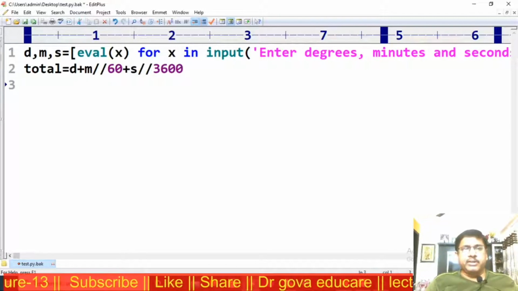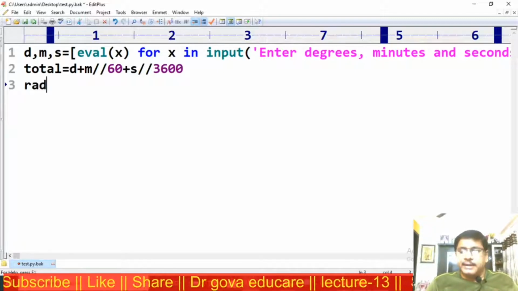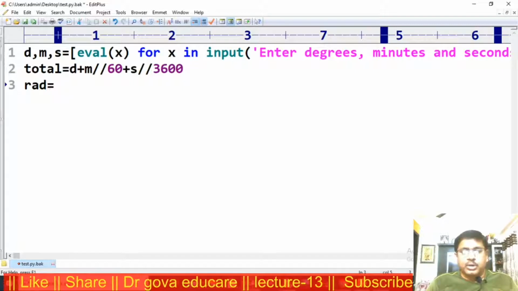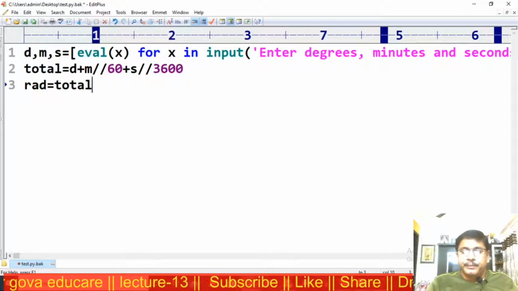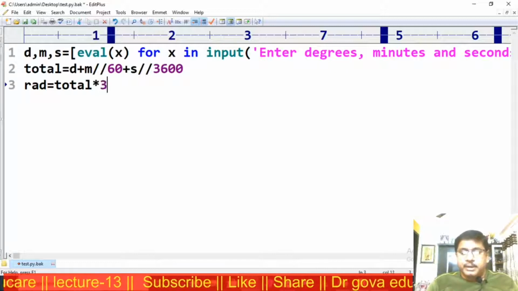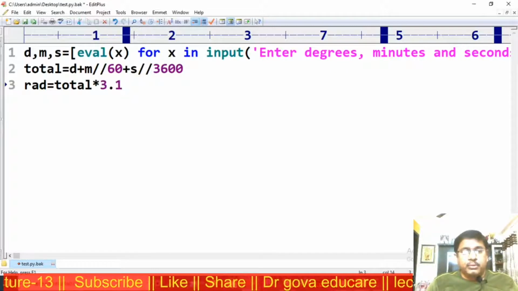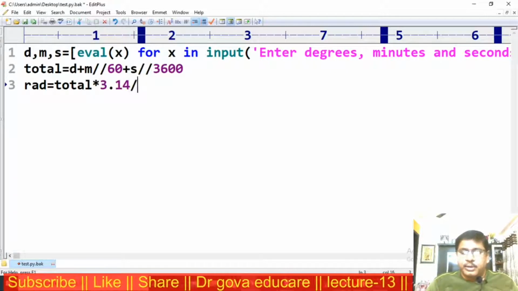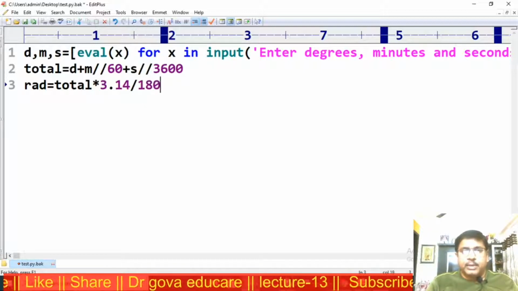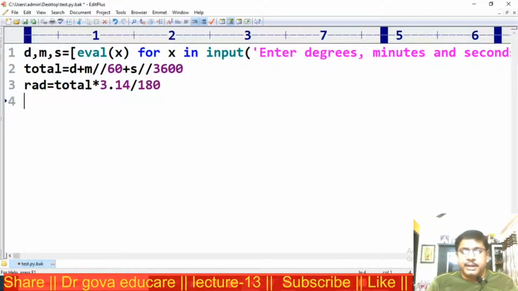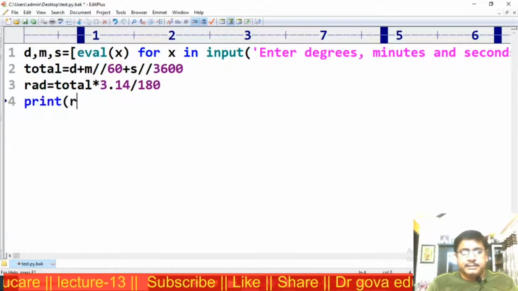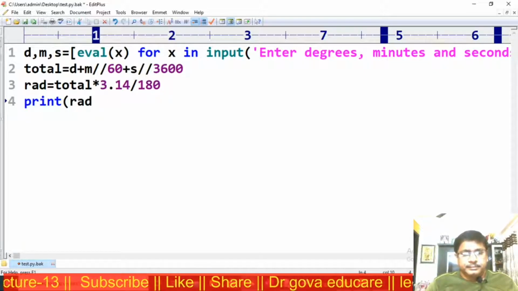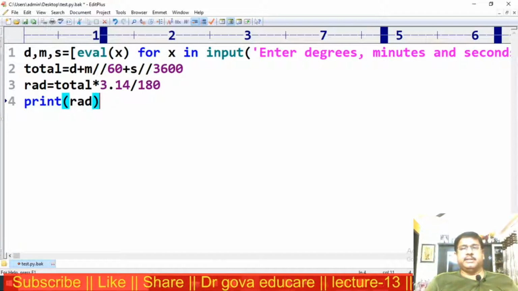I want to convert into radians. Radians is equal to total into 3.14 by 180. I am printing the value, print radians. Now this is the program.